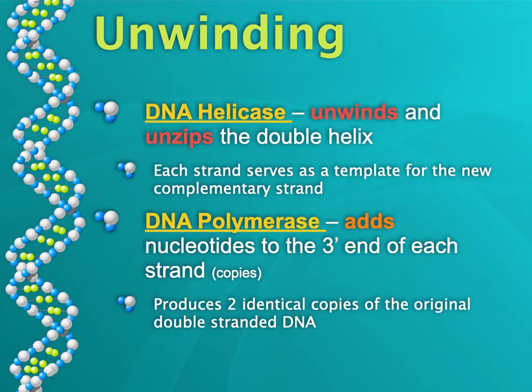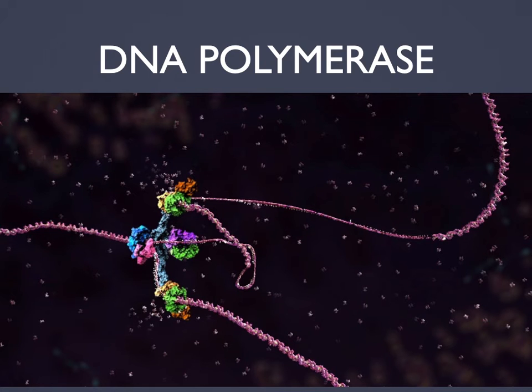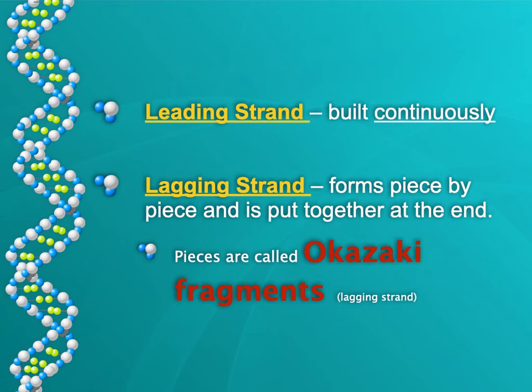Then we have the molecule that does everything, DNA polymerase, which adds nucleotides to the 3' end of each strand. It's making the copies, and you'll have two identical copies of the original double strand. Here is a good little video that you will watch some other time. You need to be aware of something called the leading strand, which is one that is built continuously, and then one of the strands can't be built continuously. That's called the lagging strand. The lagging strand has these little pieces on it that are called Okazaki fragments,